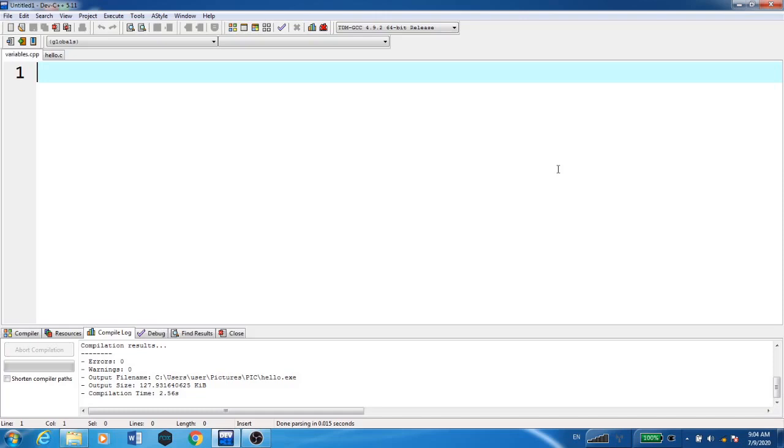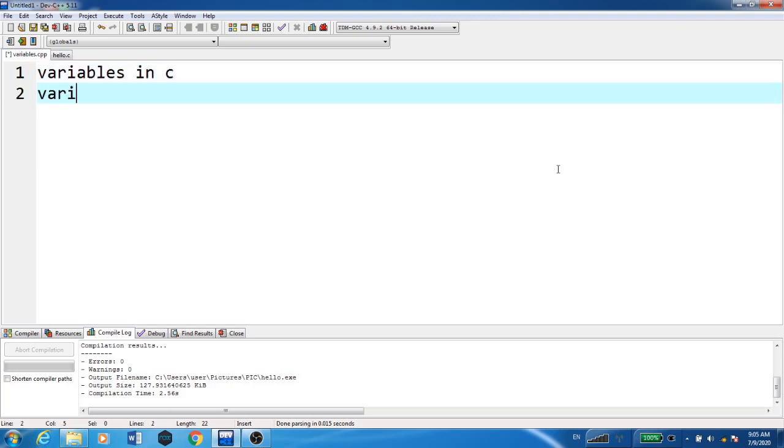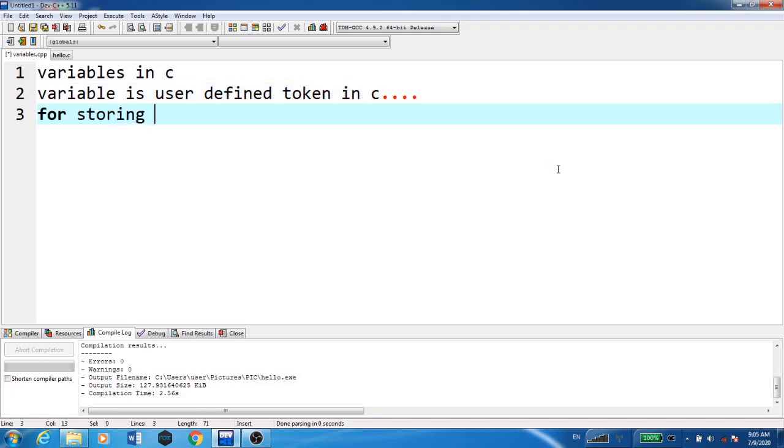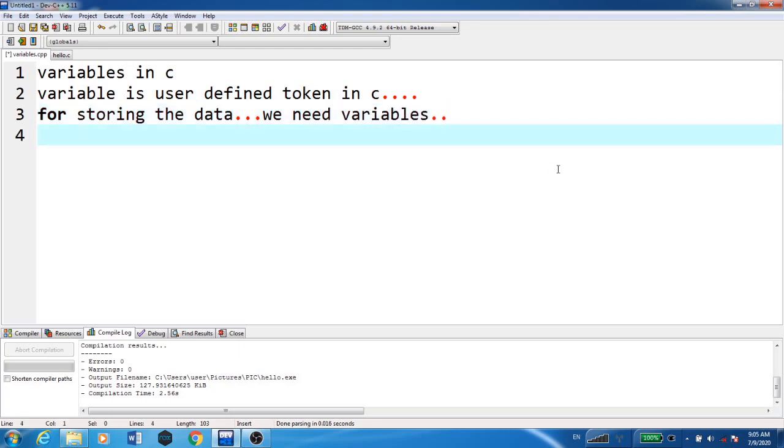Hello students. In this lecture we will see about C variables, its declaration, initialization and some more tokens of C. First, variable in C. A variable is nothing but a user defined token in C, for storing the data. We need variables, right? Now, as we have seen in the last lecture about valid variables,